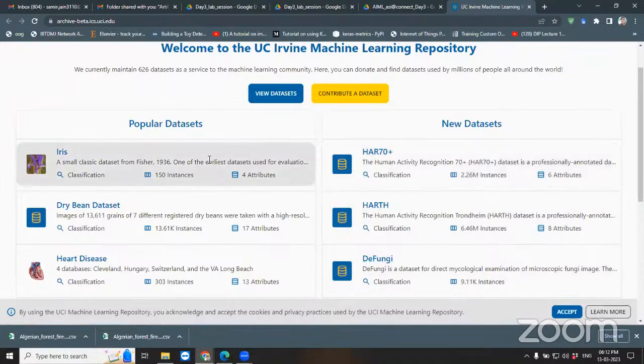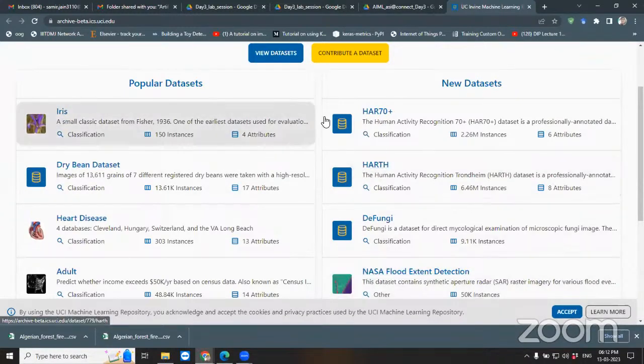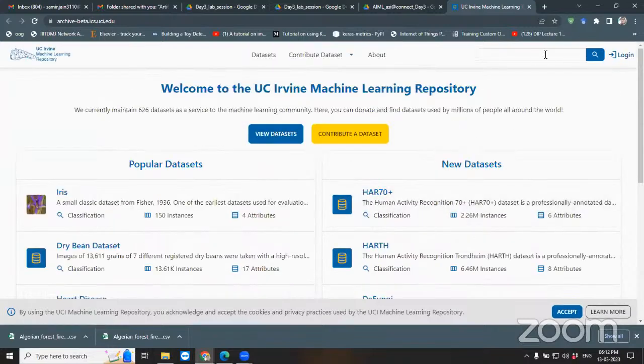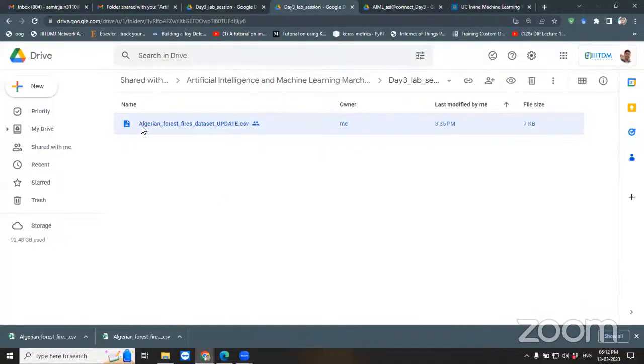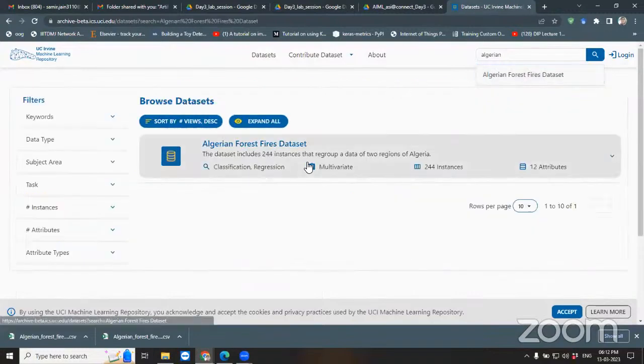So this is the repository that you can use from your side, and in many research papers, these data sets have been used and cited. So I'll request everyone to search for this data set that I've given you, that is the Algerian forest fires data set. This is the data set that I've taken from this repository, and when you click on this Algerian forest fires data set,